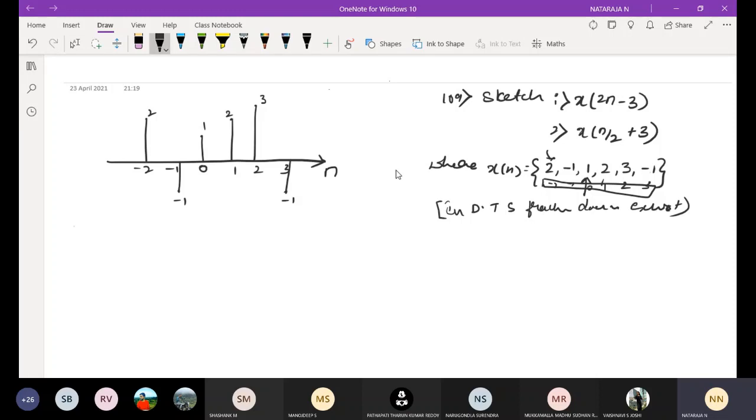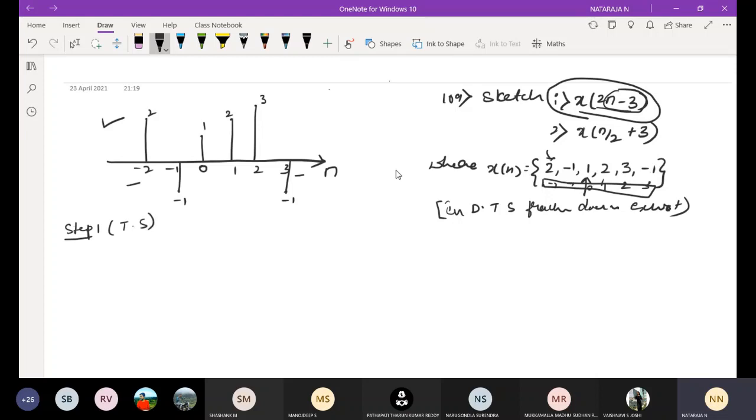Making use of this, I am going to find x of 2n-3 first. Here also we have 2 categories. First one will be time shifting. Then we have time scaling. First we need to try time shifting: n-3 we need to write. The signal varies from -2 to +3. So I will take step 1, same procedure. Step 1, time shifting.